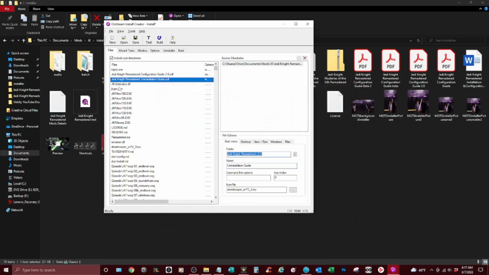Alright, so the next file that we need to make a shortcut for is our jkgm.json file, which is our configuration file. So people need to open this file in Notepad in order to edit and configure the mod. So in order to do this, we're going to create a shortcut of the configuration file. So basically, let's go back here. We'll copy that folder so it goes into the right start menu folder. The name of this will be